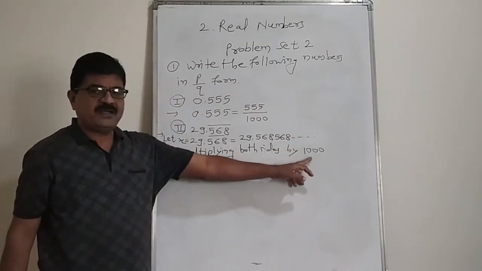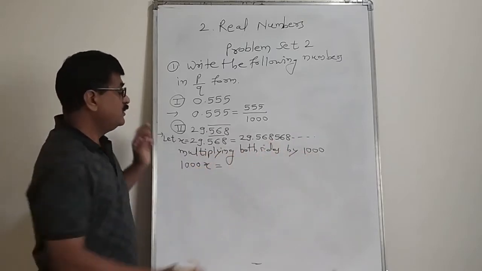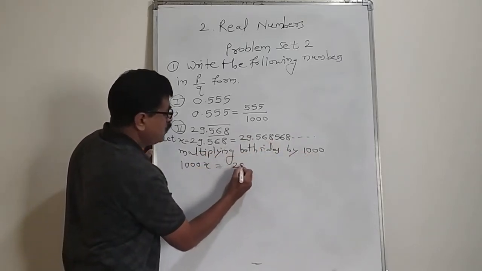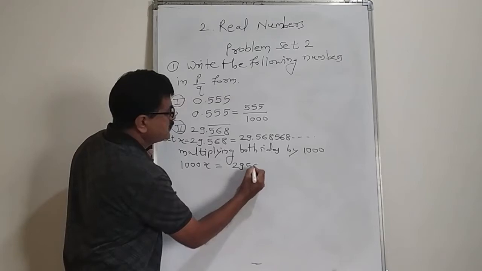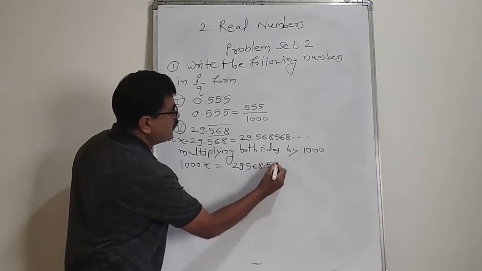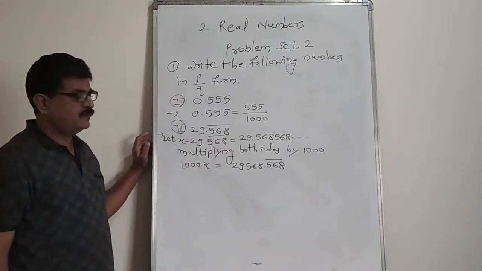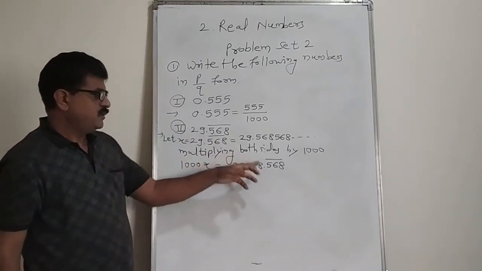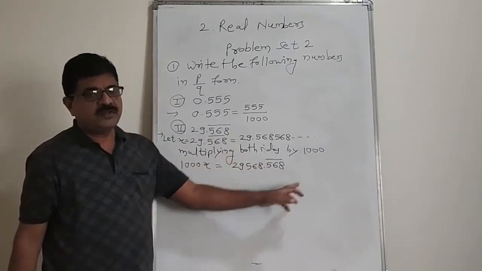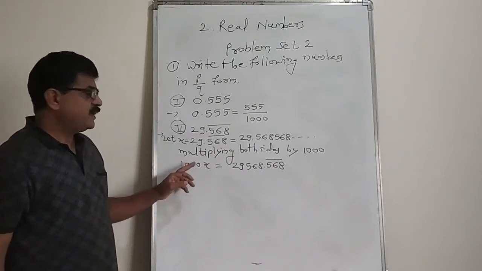Now if we multiply this by 1000, this becomes 29568.568 bar. This 568 is also repeating. Now taking subtraction,